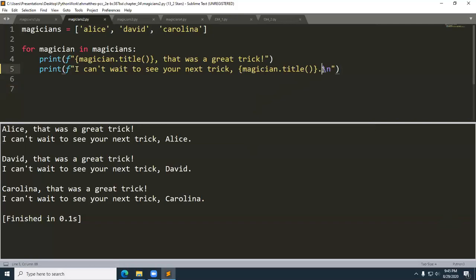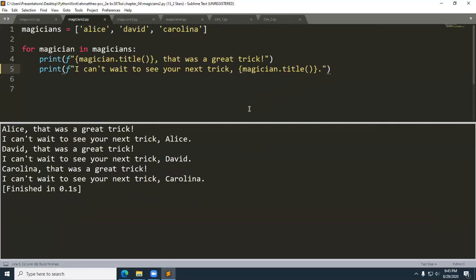Blast from the past, we have this escape code here of the \n. That gives us this extra line. Let me go ahead and get rid of that so you can see what happens if we don't have it. So as you can see, every print statement does have a carriage return. That's why it says,